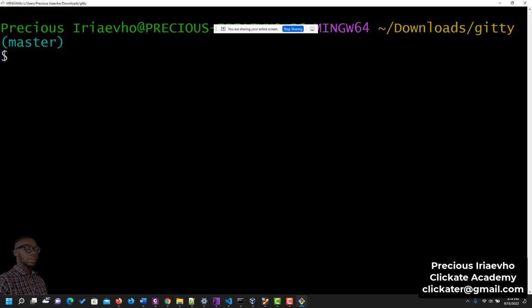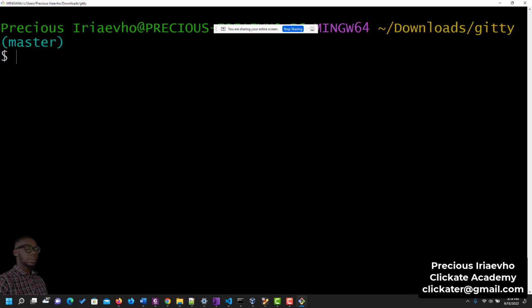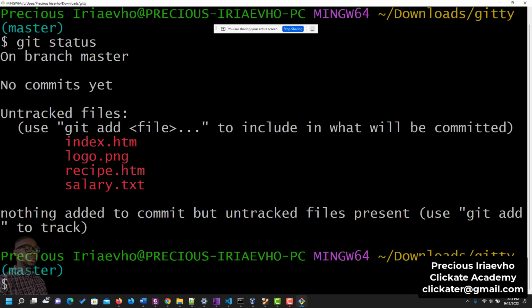The next thing, now that you have your terminal clear, is to check what we call Git status. Now that Git is tracking this folder, it is important for you to know the status of the folder and the files inside of the folder. How do you know the status of the files inside of this folder? You use what we call Git status, and you'll be using this a lot. On my screen, Git status is telling me that on the branch,